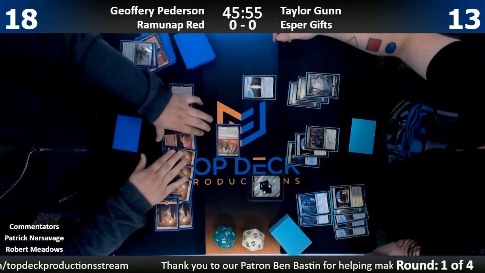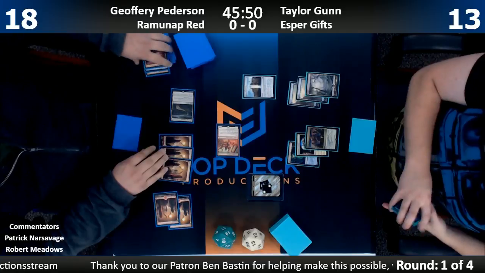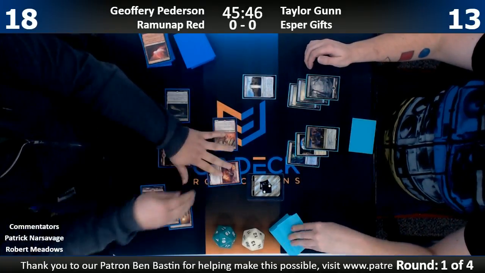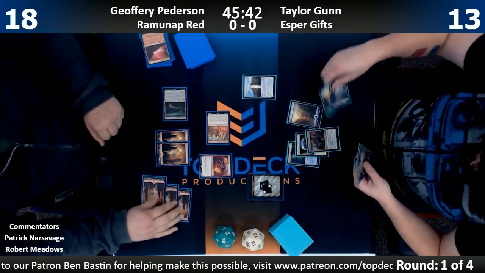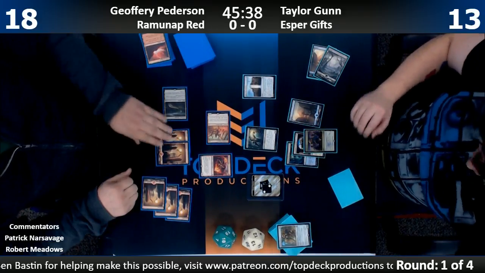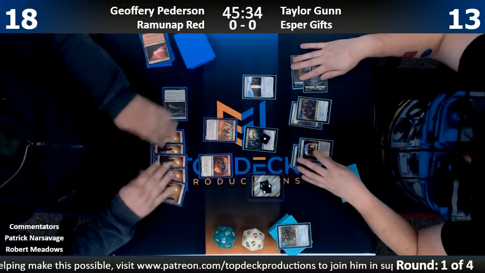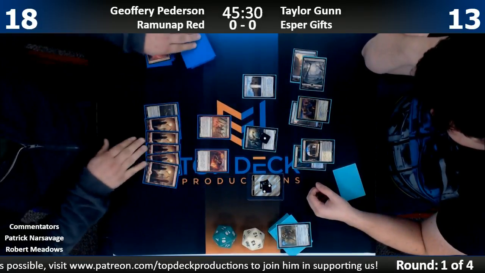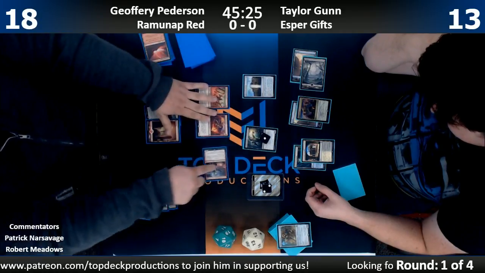Geoffery's drawn a lot of lands here, and a lot of them are mountains. Yeah, so this is a nice play by Geoffery. He knows that once Taylor plays a 7th land, he's going to have an opportunity to eternalize those Champion of Wits. And he does have a 7th land in hand. So yeah, he does have the 7th land. And once he plays the land, Geoffery never gets an opportunity to respond to a place where he could exile the Champion of Wits. So he's going to make sure he doesn't do that. But he had to sacrifice his Ramunap Ruins, and he only has a 2/1 and a...